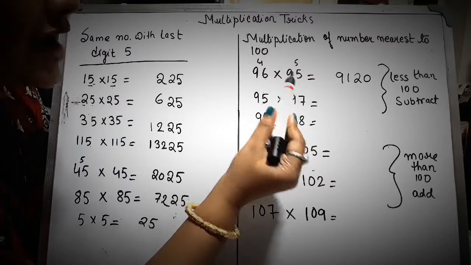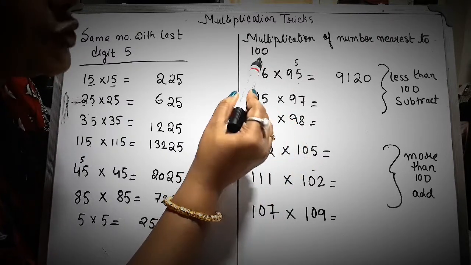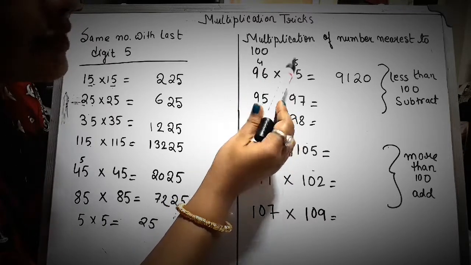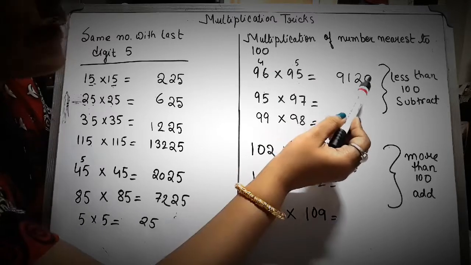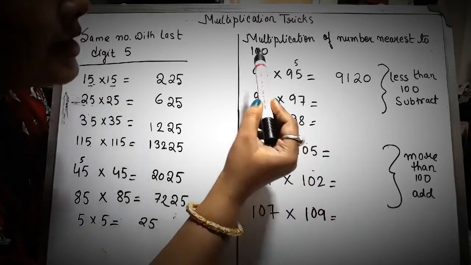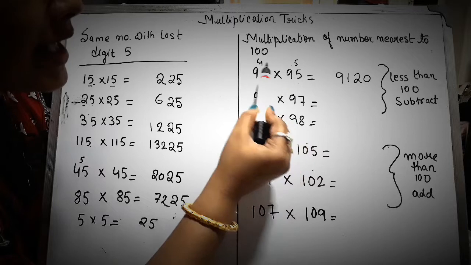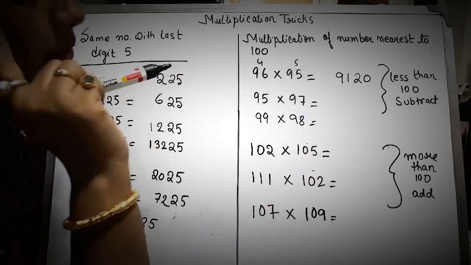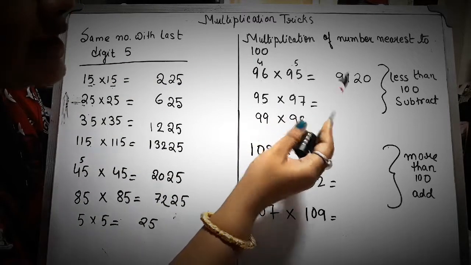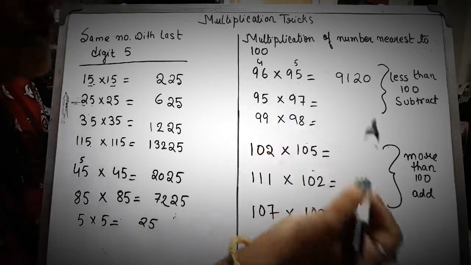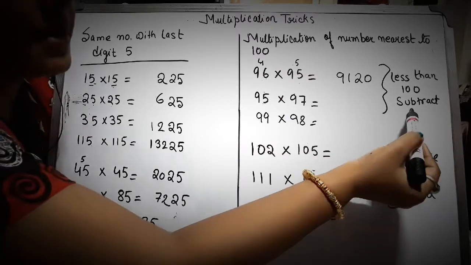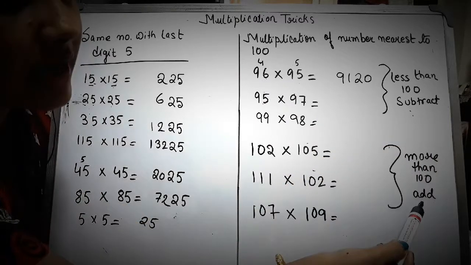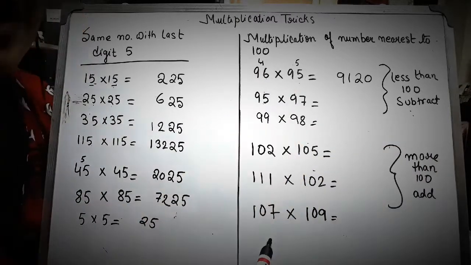So what I have done, first you find the difference between 100 and the given number. So I got the difference is 4 and this one is 5. So 4 into 5, you write down the answer, and then you subtract from any side. This side also you can subtract, this side also, you will get 91. Both the sides you check, 96 minus 5 is 91, 95 minus 4 is 91. So this is your answer. And remember this one, for less than 100 numbers you have to subtract, and for more than 100, the cross one, you have to add.